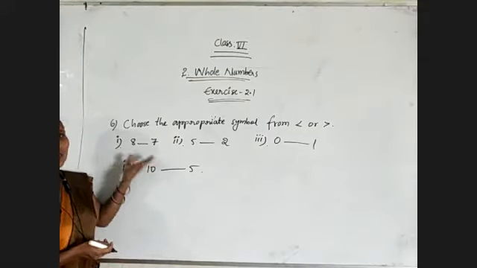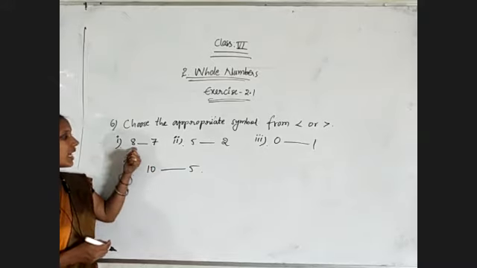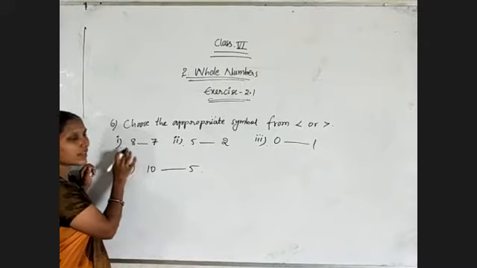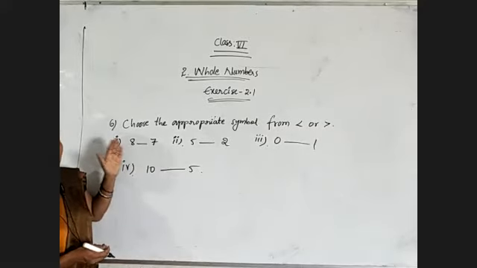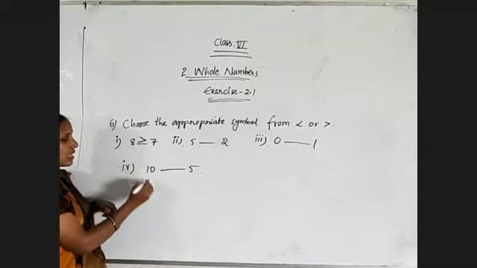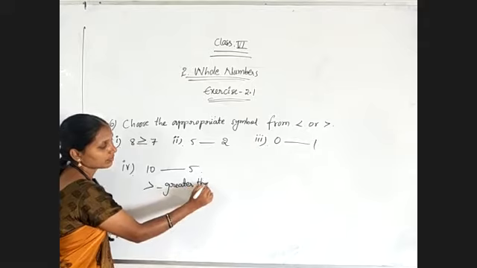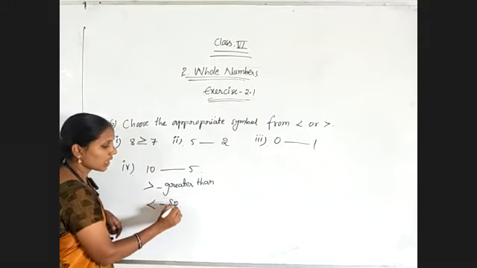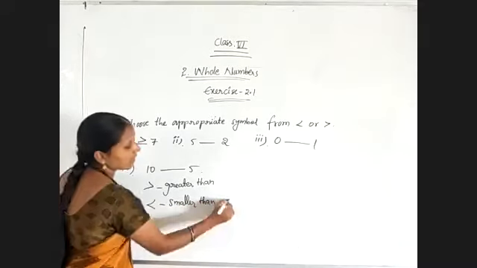These all are single digit numbers. Don't you know which are the smallest numbers? What is the greatest number among these? 8 and 7. Which one is greater? Very simple. If on the left side we are getting the greater value, in that case, use the greater than symbol. And if you are getting a smaller value on the left side, then you must use the smaller than or lesser than symbol.